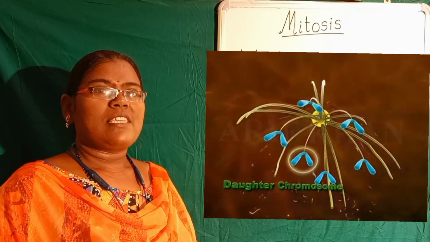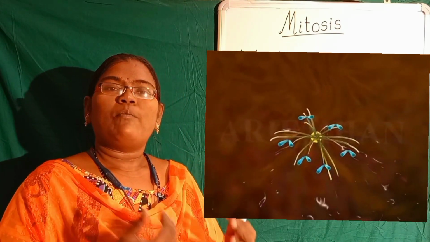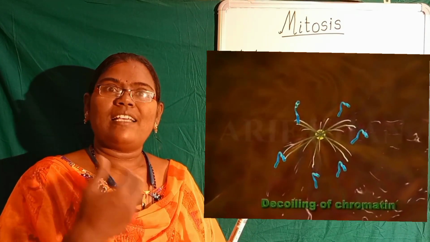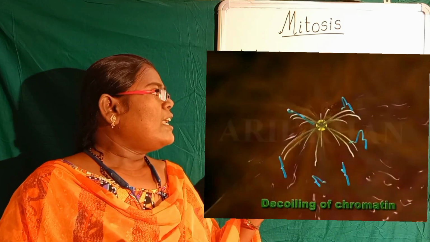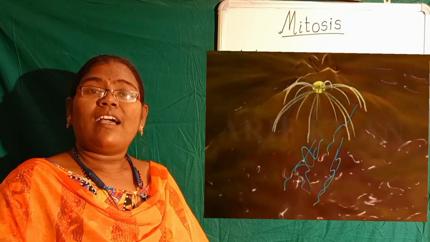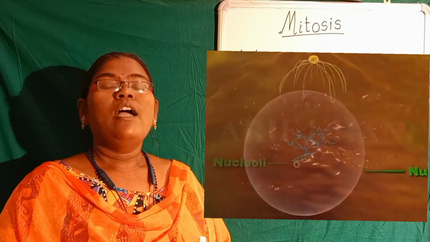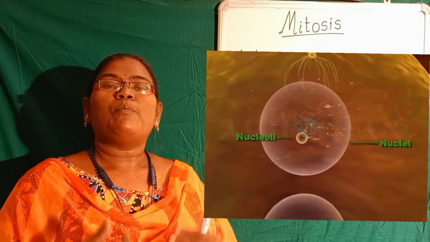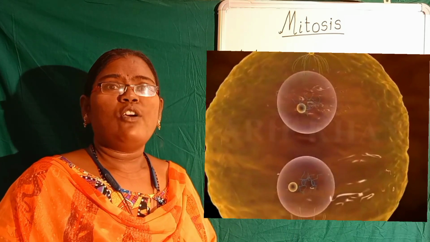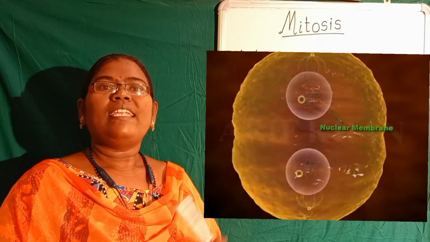So what happens here? The chromosomes decondense and become chromatin. The nucleolus reappears, the nuclear membrane reappears, and the cell organelles reappear. So all the events which occur in the prophase are reversed in telophase. After telophase, the two daughter nuclei are formed. Now the cell enters into